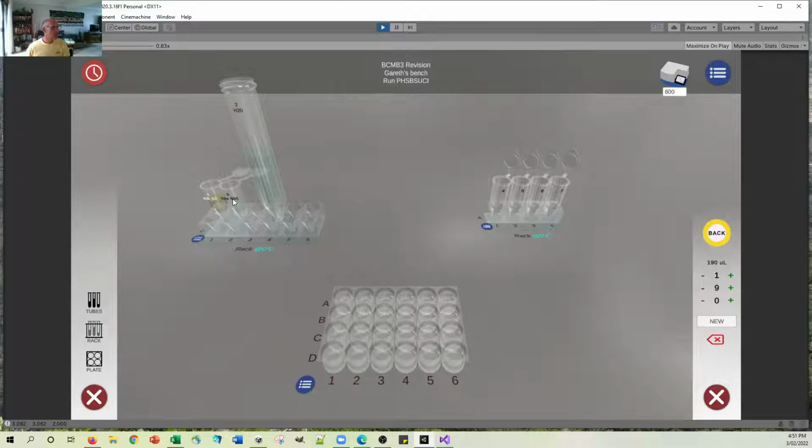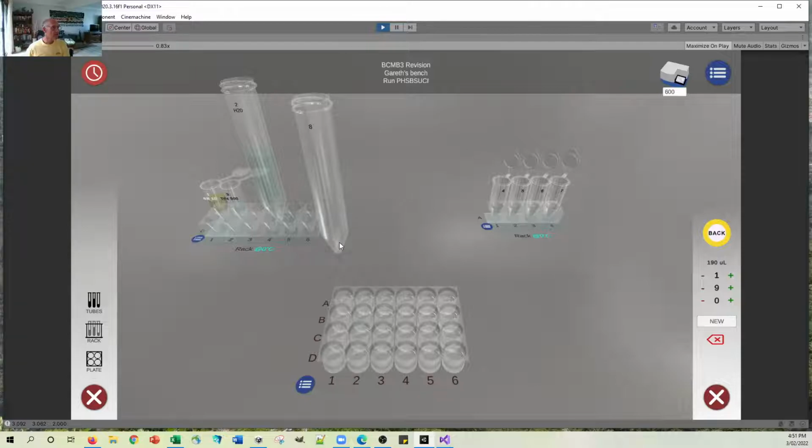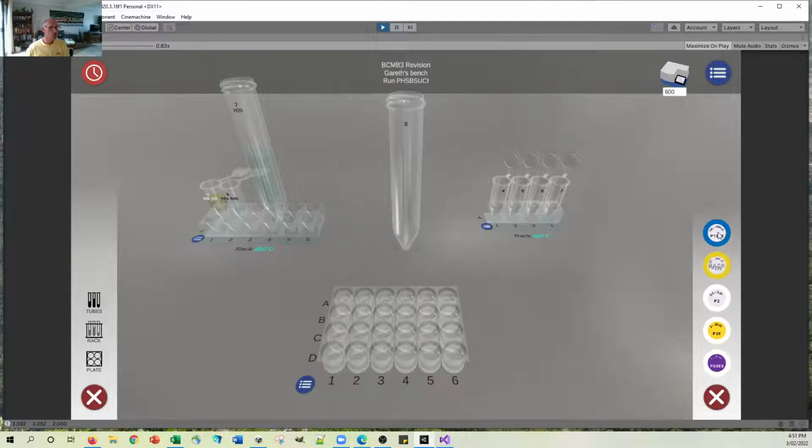I'm going to make a dilution in a big tube. I'm going to make some 50 millimolar Tris in a big tube. So let's make a blank 15 mil tube, and in that tube let's put 4.5 mils of water. So we'll get some water and put it in there. It's 4.5 mils of water in there, and we'll add 1/2 mil of